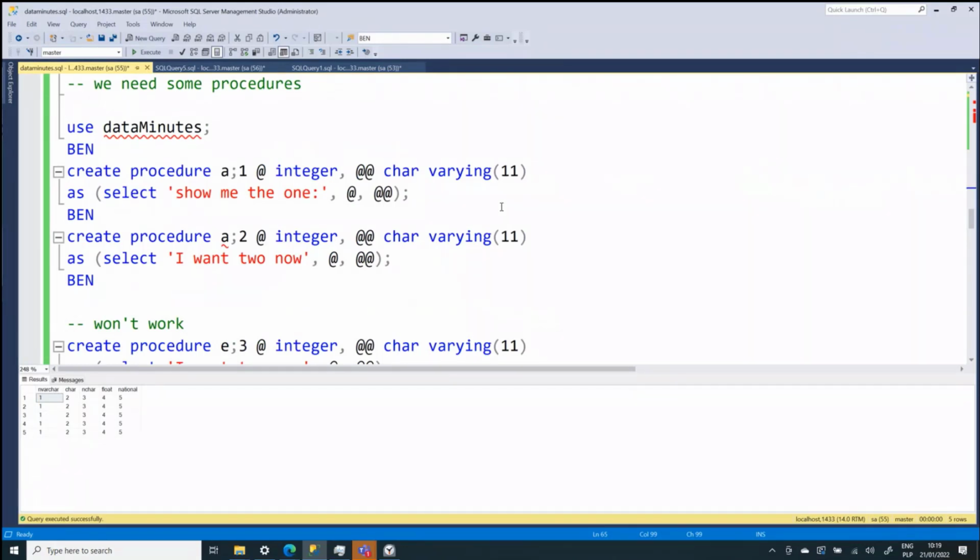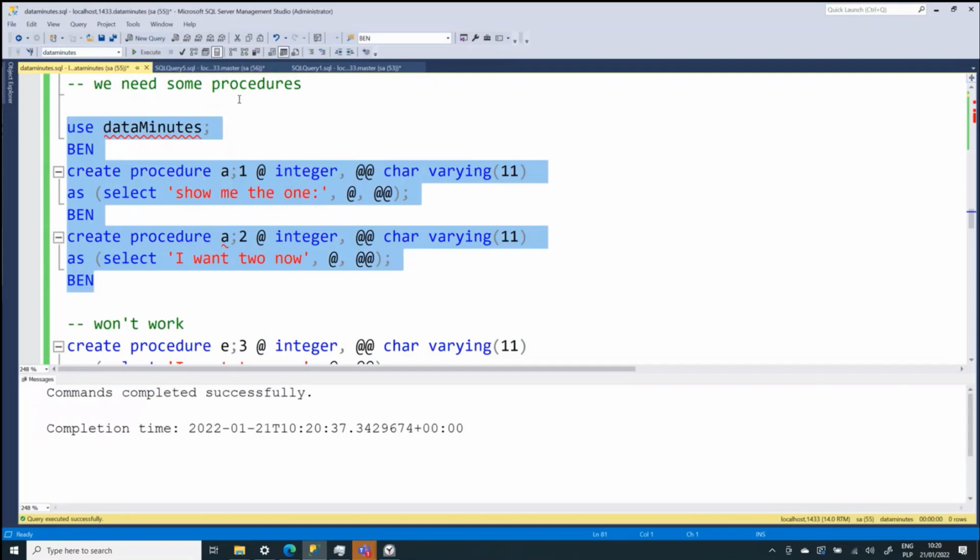Procedures in databases are important, even though they don't do anything, like mine. So I'm going to create procedures called A;1 and A;2, because, yeah, I like to complicate stuff. So it's not too complicated, I decided to skip the parameter names because I'm not too creative in this area. So I will just use the @ symbol for the first parameter name and @ for the second parameter name, because yeah, the names for parameters are difficult, so I have problems with creating them.